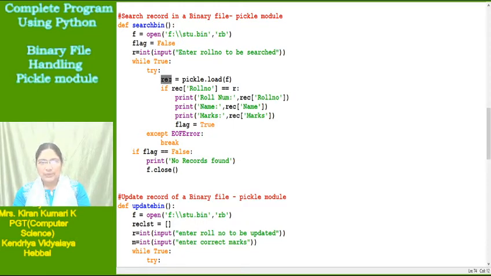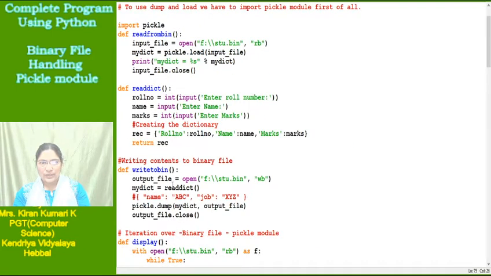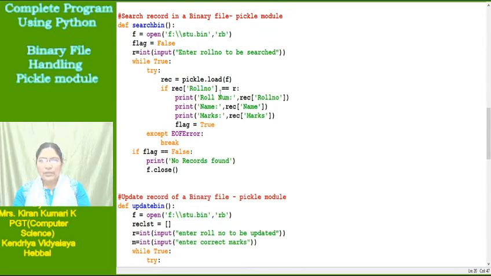So now this REC is one dictionary which has a roll number key-value pair, a name key-value pair, and a marks key-value pair, right. Roll number is the key I have given. While creating the dictionary, how did I create it, you can see. In the read dictionary, first roll number is the key and this is the value. Next name is the key and this is the value. Then marks is the key and this is the value. Same thing. So I am taking the key, that is, the value of the roll number in that particular record.